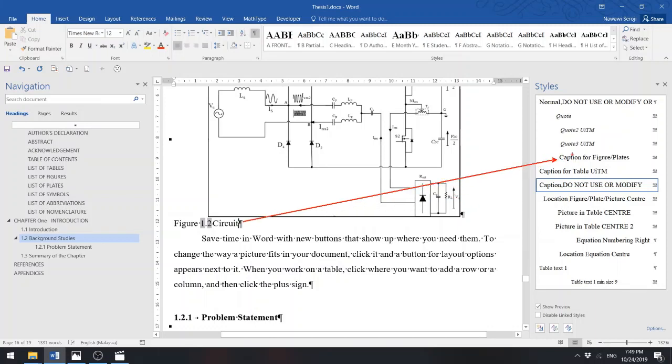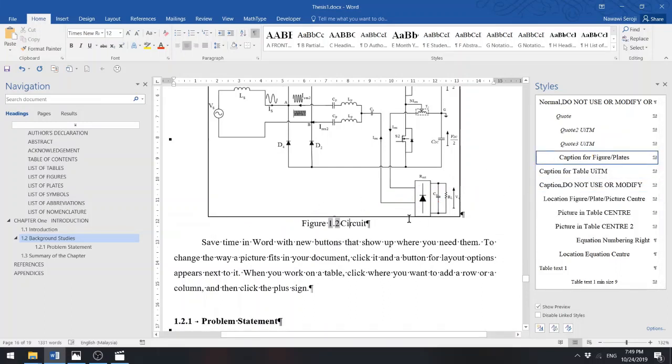Alright, so that is the caption for the figure. Just simply click and select this caption for the figure. Now it's already in the center. Okay, so once I have this